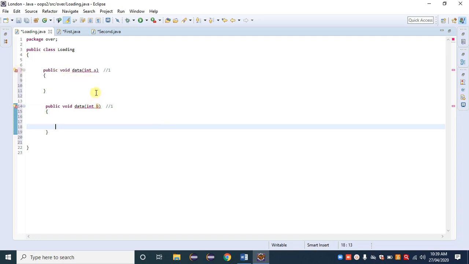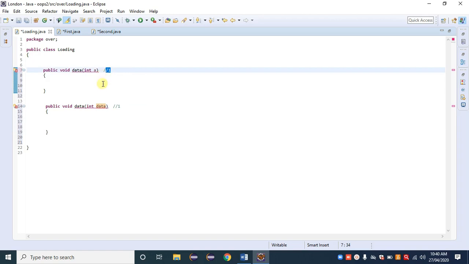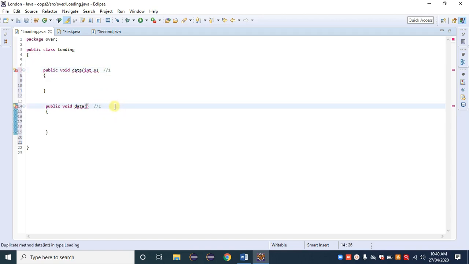It means that the variable name, whether A, B, C or any variable name, doesn't affect method overloading. Variable name, return type, and access modifier don't matter to overloading. We have to pass a different parameter, a different sequence, whatever that is. Right now there is one argument here and one argument here. To make it different, I am giving 0 here, and one argument here. That is also permitted.